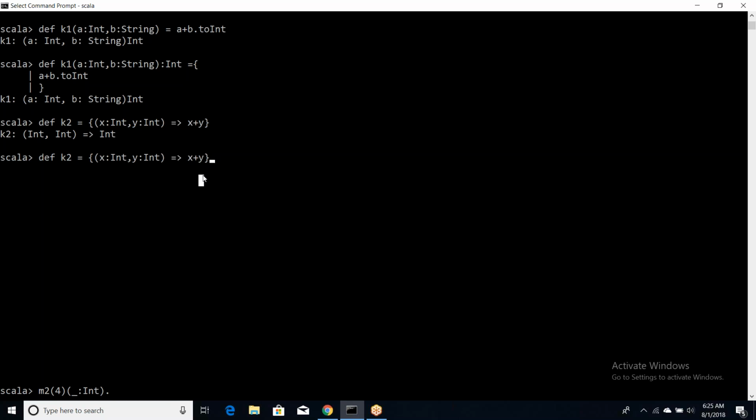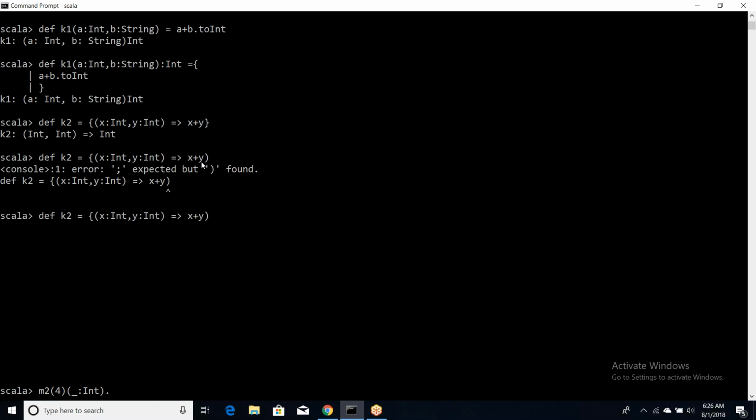Can we have multiple statements, guys? Can we have multiple statements after this implies symbol? Can we use it? Yes, we can use. But if you have only one statement, we can simply omit these curly braces, and we can simply place this brace, normal parenthesis. This is going to work. But if you're trying to go with, see this, x plus y, I'm writing like this. val p equal to x plus y,